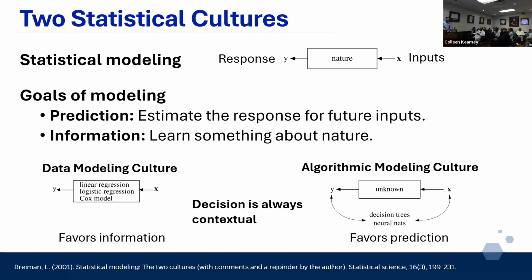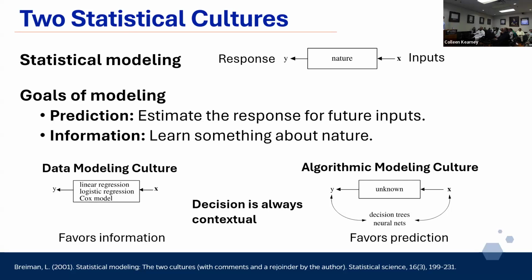So a model that can generalize moving forward, like a risk prediction tool or something like that. So it's a little different in terms of goals. I think the paper goes into it, and an author developed the random forest algorithm, so I think he's in this algorithm modeling camp. But I think both types of stats can get at both of those goals, but the data modeling favors the information extraction, and this one favors the prediction part.